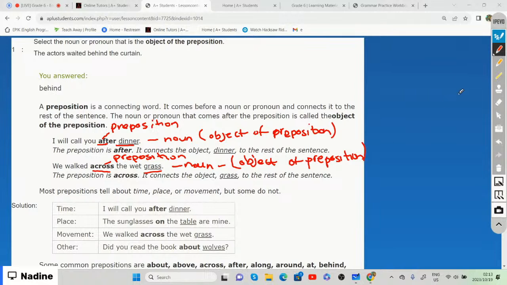And when it comes to most of the prepositions, we said they tell us either about time, about place, or about movement. But some just do not. So we get preposition of time, preposition of place, and preposition of movement. And when it comes to time, preposition of time,